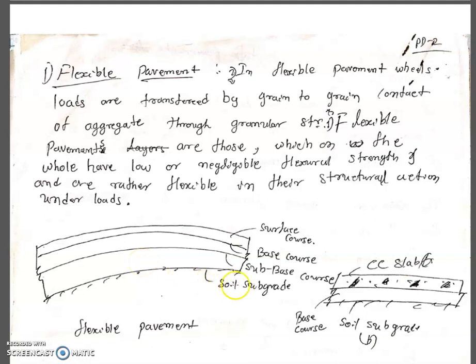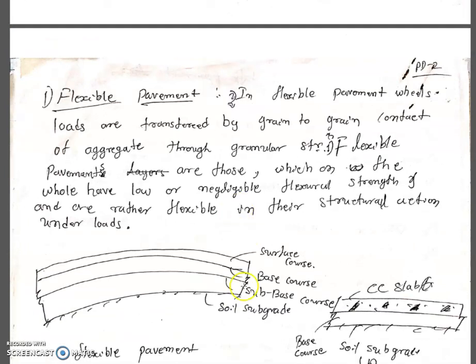We normally have four courses: subgrade, that is the naturally or compacted soil layer or ground layer; subbase, here we can use the GSB, granular subbase course. Next is the base course, here we can use the WMM or WBM, wet mix macadam or water bound macadam. Next, the last one is the surface course. Surface course means